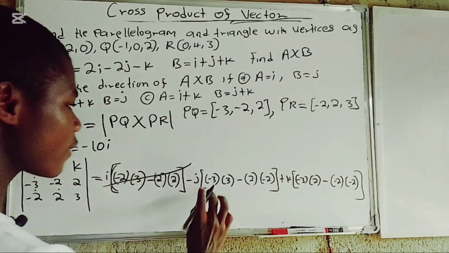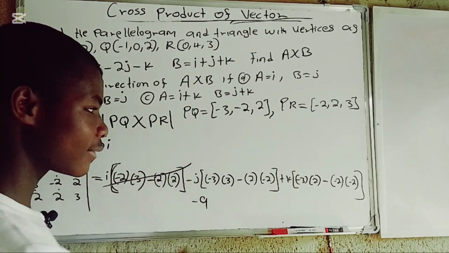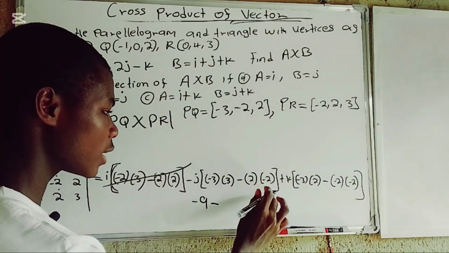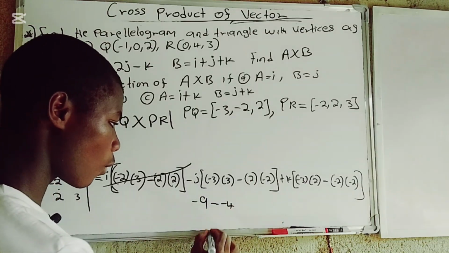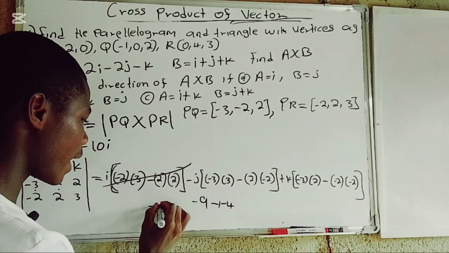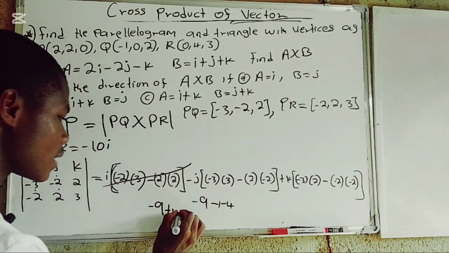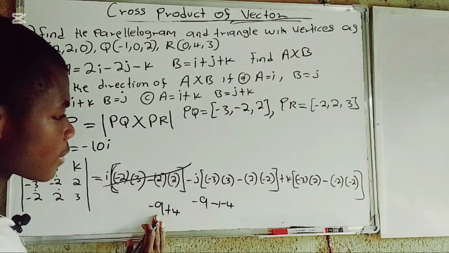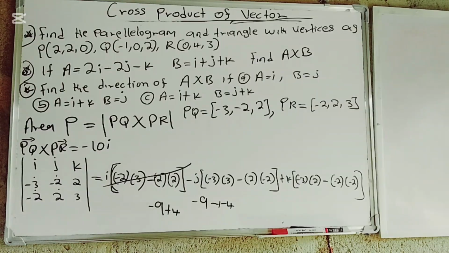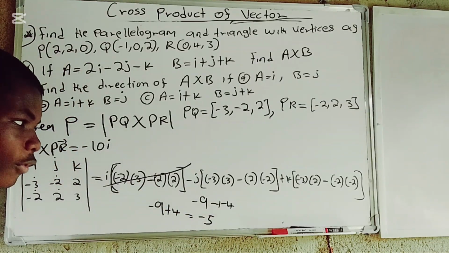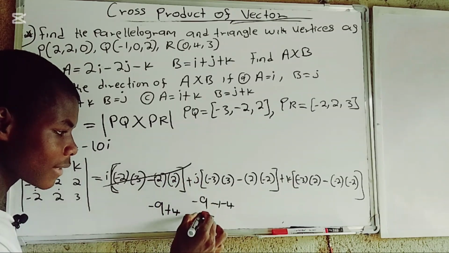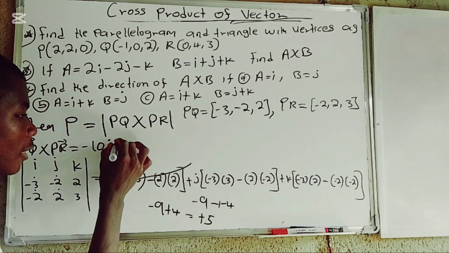The next thing to do, I have to this multiplied by this, which is negative 9, minus this multiplied by this, which is negative 4, and I'll have plus. So minus 9 plus 4. So minus 9 plus 4 is the same thing as negative 5. But don't forget, we have negative sign. Negative should now become plus